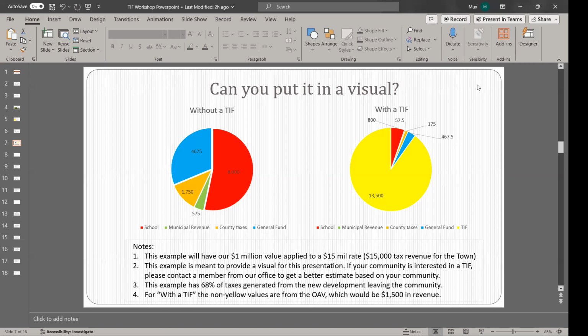As I say, you're not going to get as much from the state to pay for the school subsidies anymore. The town would have to replenish that. But there's also how much you get from the state on the municipal revenue sharing program. The higher in value your community is going to be, you're not going to get as much in the municipal revenue sharing program anymore. So that new development is going to have to chip in to pay it off. Same thing with county taxes. If we're in Warren tonight, if Warren goes up significantly, well, Knox County is going to look at that and say, well, Warren can now pay higher county taxes. And it's going to be that new development that's chipping in to pay those higher county taxes. Does that make sense?